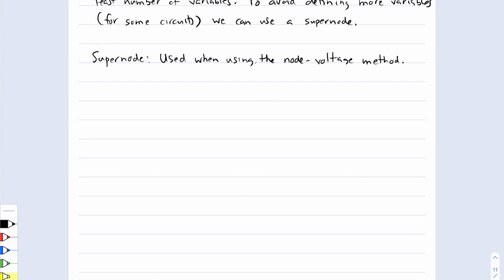So you can have circuits that you're using different methods to solve, and the supernode concept will play no part in the analysis whatsoever. And it's when a voltage source